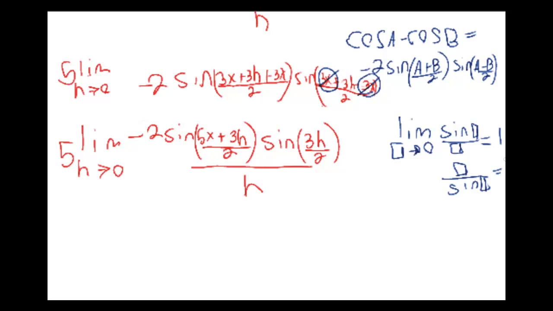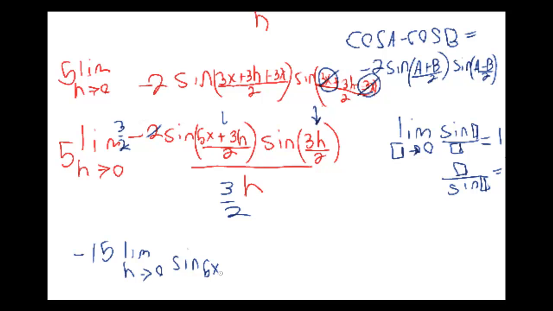Alright, so it'll be too hard to make this h look like this expression here, but I can make the denominator h look like this 3h over 2 pretty easily if I multiply the bottom by 3/2, and if I do it to the bottom, I also have to do it to the top. What that allows me to do is, these 2's will cancel, and I have a negative 3 times 5 is a negative 15 constant. Limit as h approaches 0, and then I have sine of